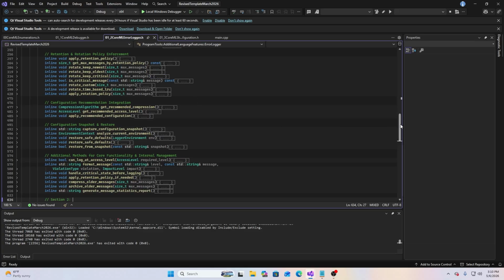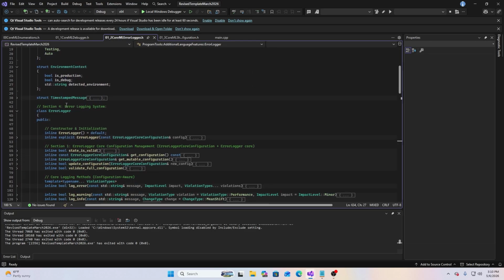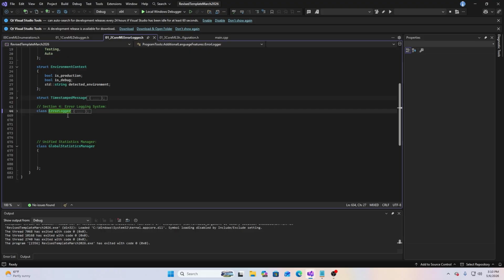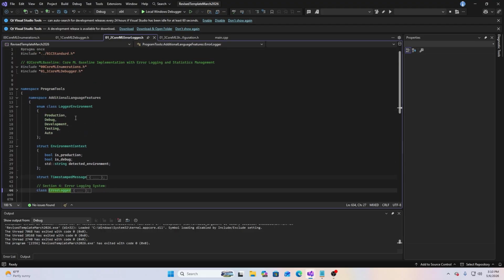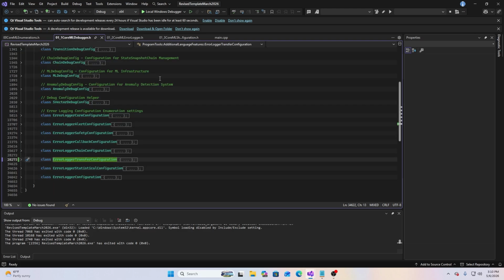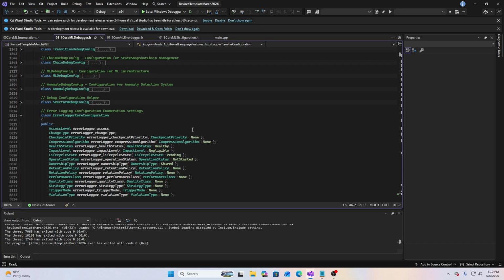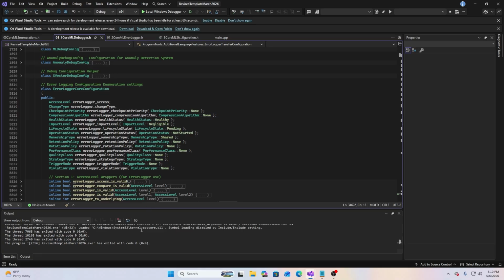Kind of self-explanatory. As you can see here, I've got error logger, and all this extra stuff here. It's just a bunch of stuff that goes with it. But in this core ML debugger file here, basically, let's take a look at the core. So you'll notice it has